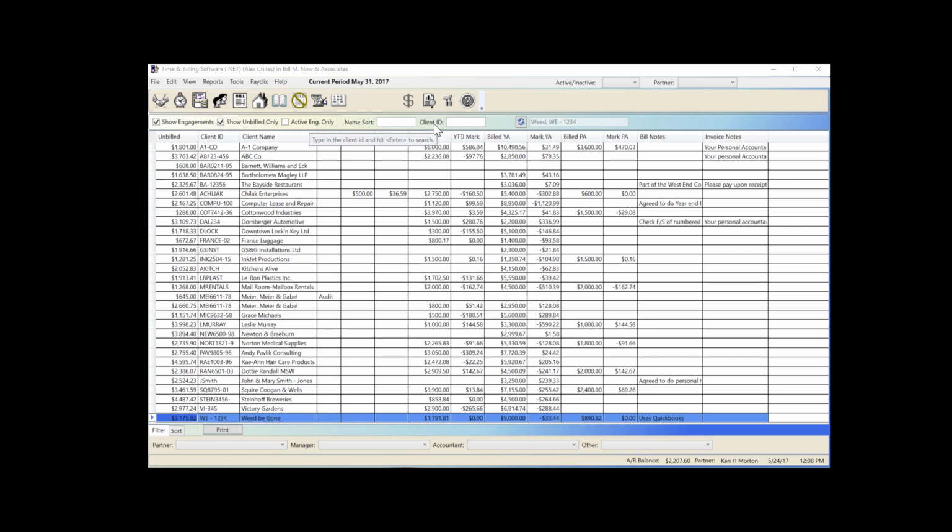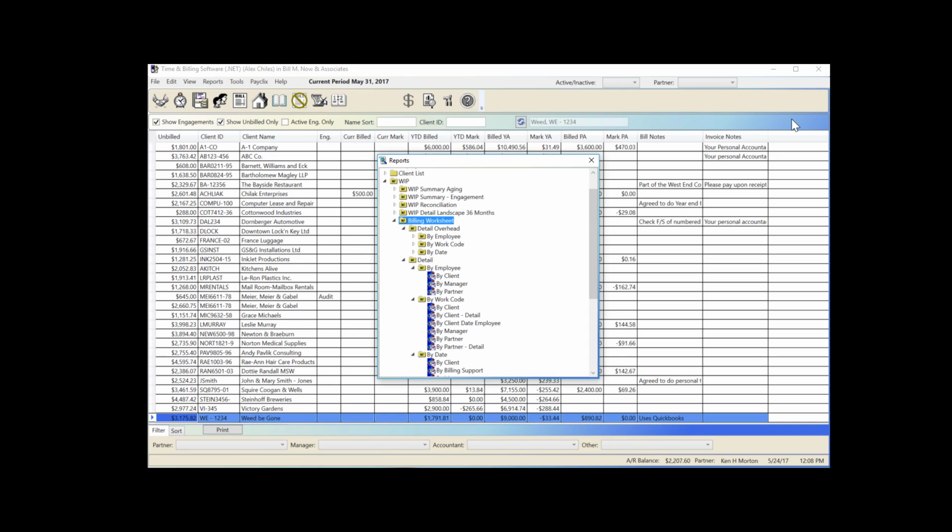Let's take a look at a typical report used to help the person doing the billing. Click on either the icon for reports or the report menu. I'm going to use the billing worksheet reports. Here you can see a number of choices, and they're all really simply variations of the same report, just sorted